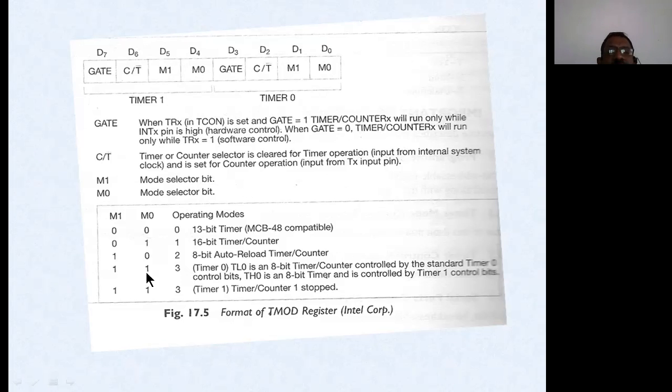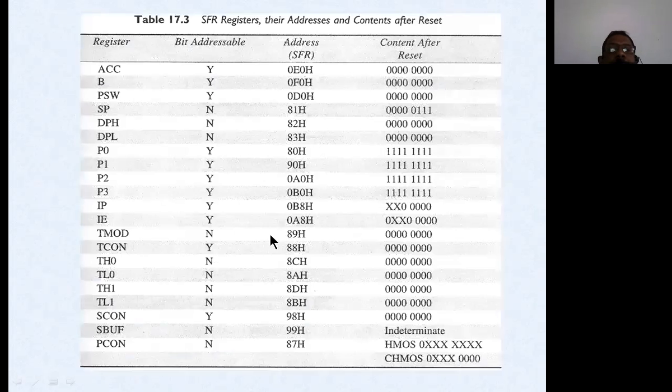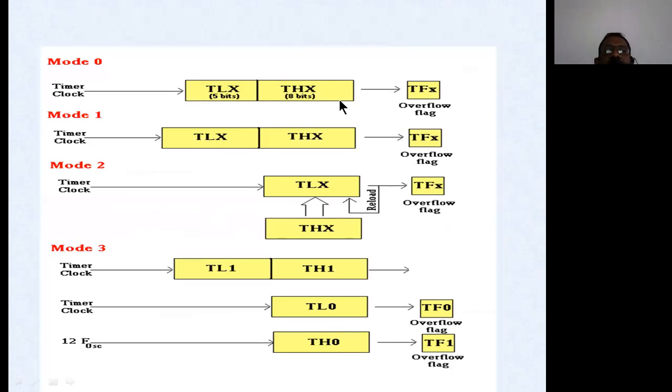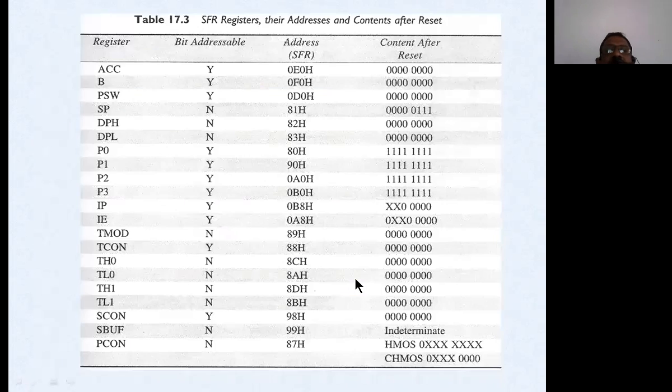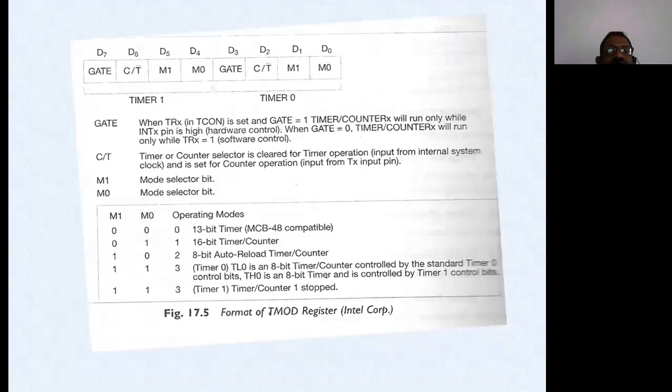So these are the registers which we are going to use to control the interrupts with timers, and these are all the various bits which we normally use in the TMOD register. Now one should be careful about these modes also. If it is mode 0, it is used as a 13-bit timer. 8 bits from the higher order and 5 bits from the lower order are used for mode 0 applications. Therefore, 8 plus 5 is 13, so we can call this a 13-bit timer.